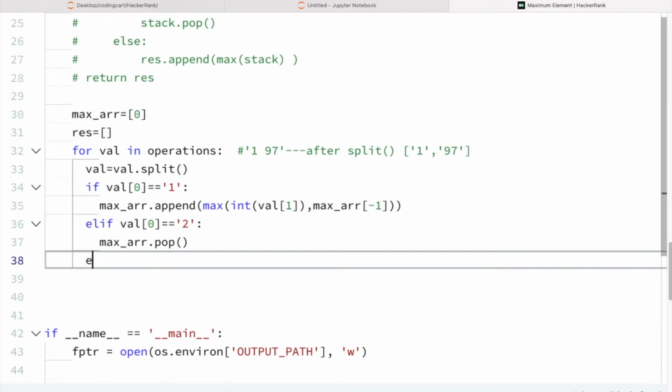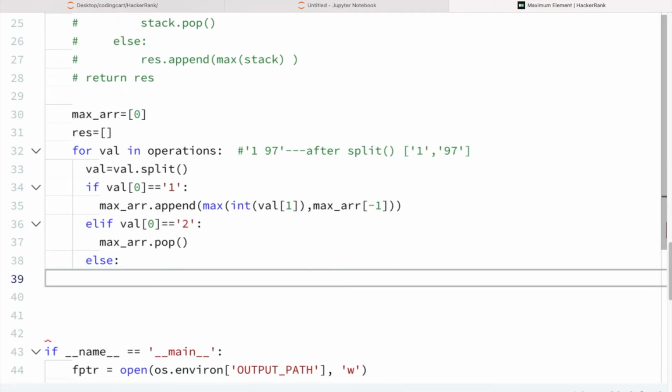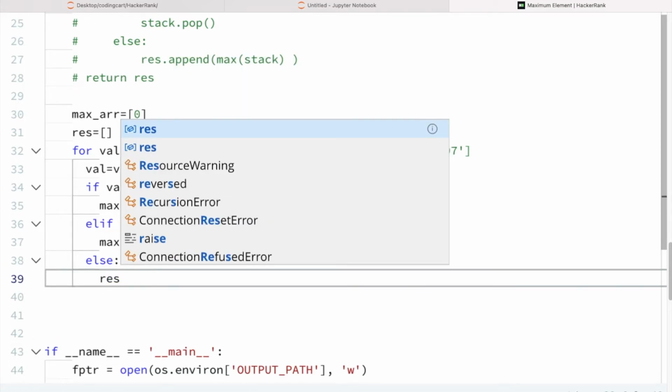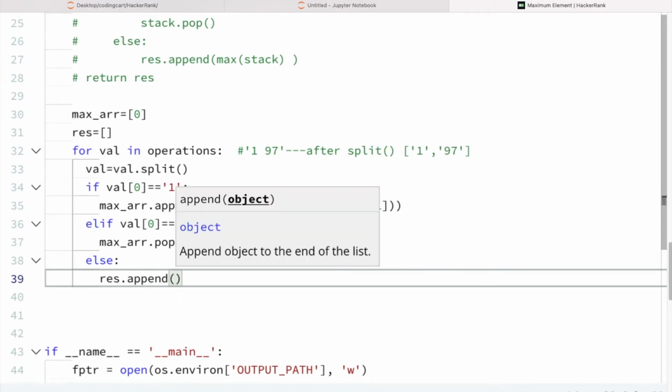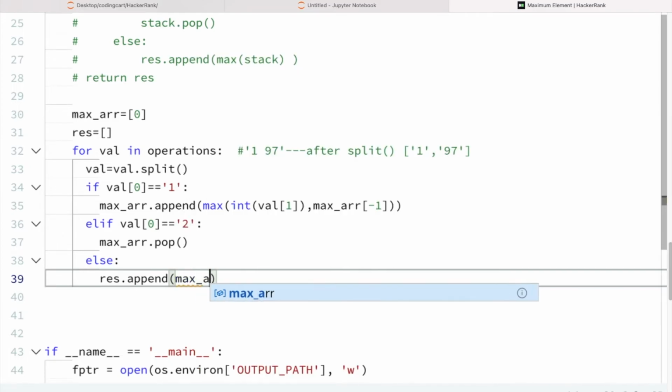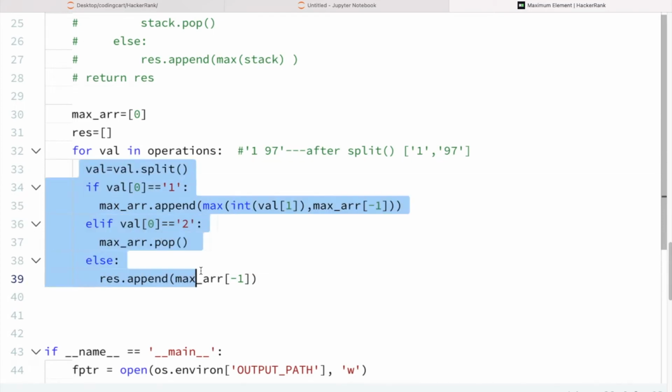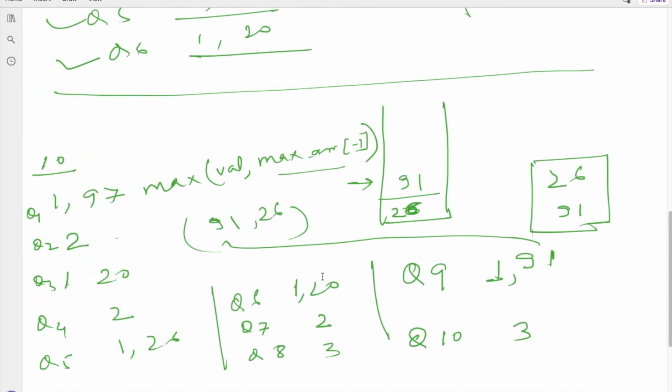And in the else part it will be operation number 3. So in the else part, in our result array we will simply append the maximum element. The maximum element will be present in the max array at the top, which is at -1 index. So we are done. This is the same logic which I have explained to you here, line by line.